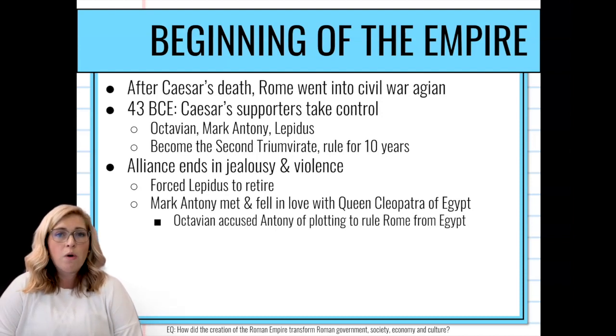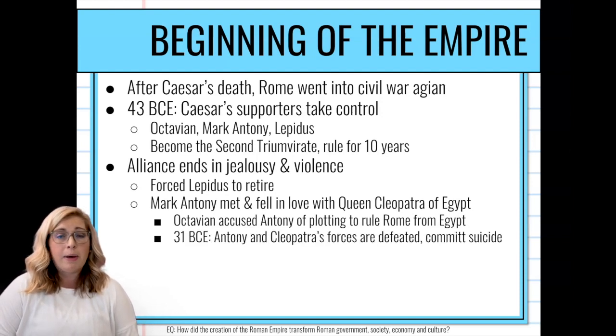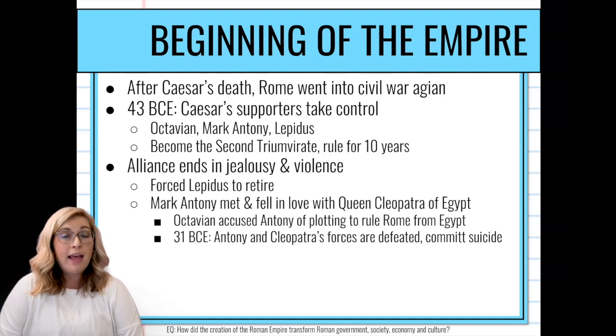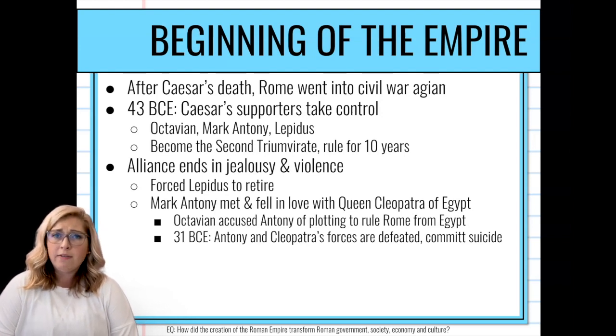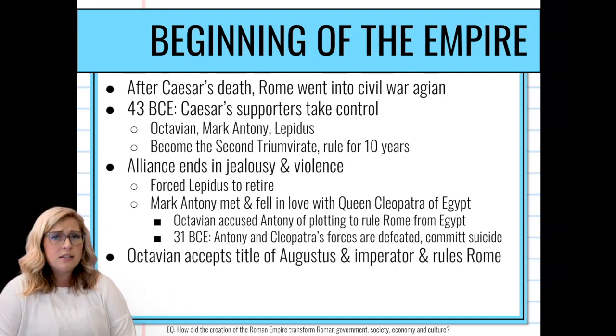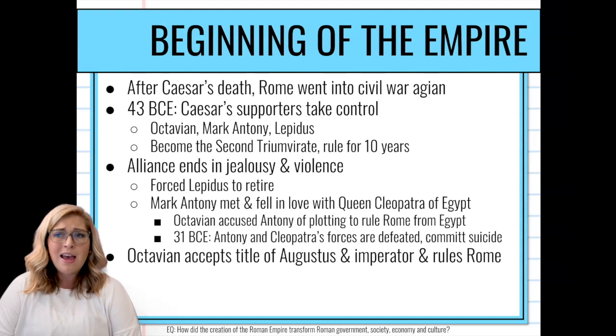Ultimately, in 31 BCE, Octavian defeats both the forces of Mark Antony and Cleopatra combined, and they actually commit suicide. So, what a way to end. Not on a high note, but so Octavian is in charge now all by himself. He accepts, I think more like gives himself, the title of Augustus. So he becomes known as Caesar Augustus and